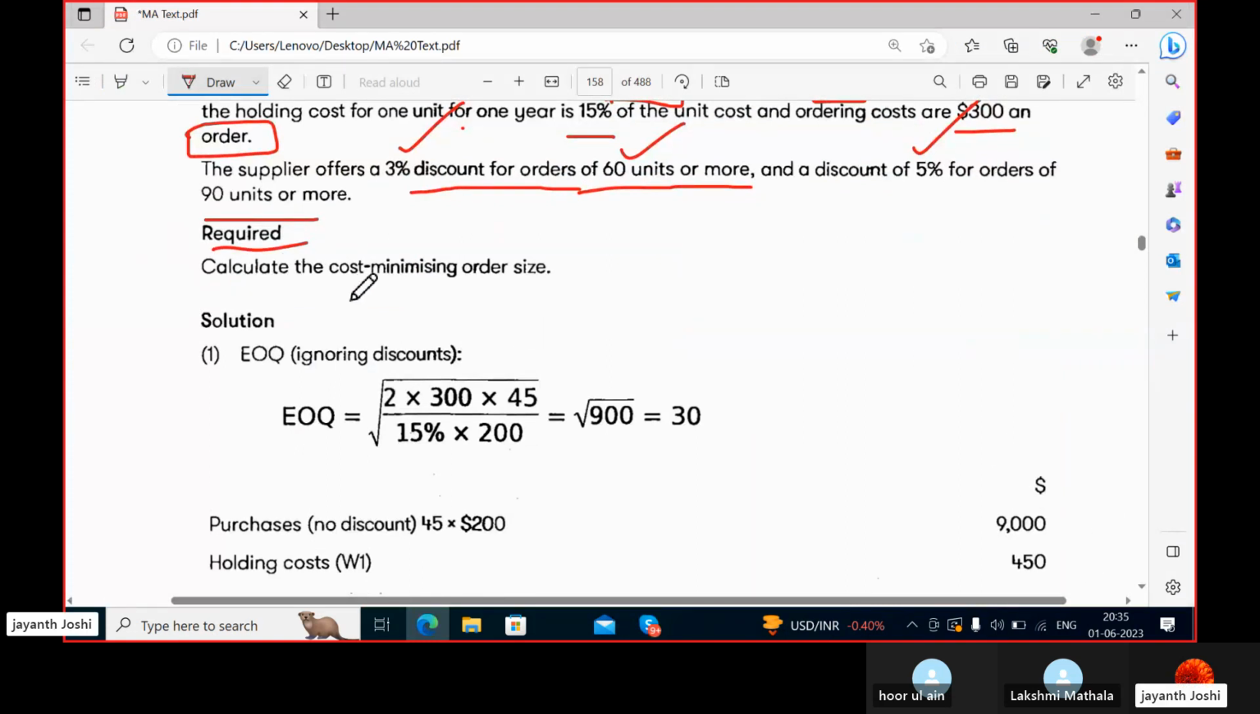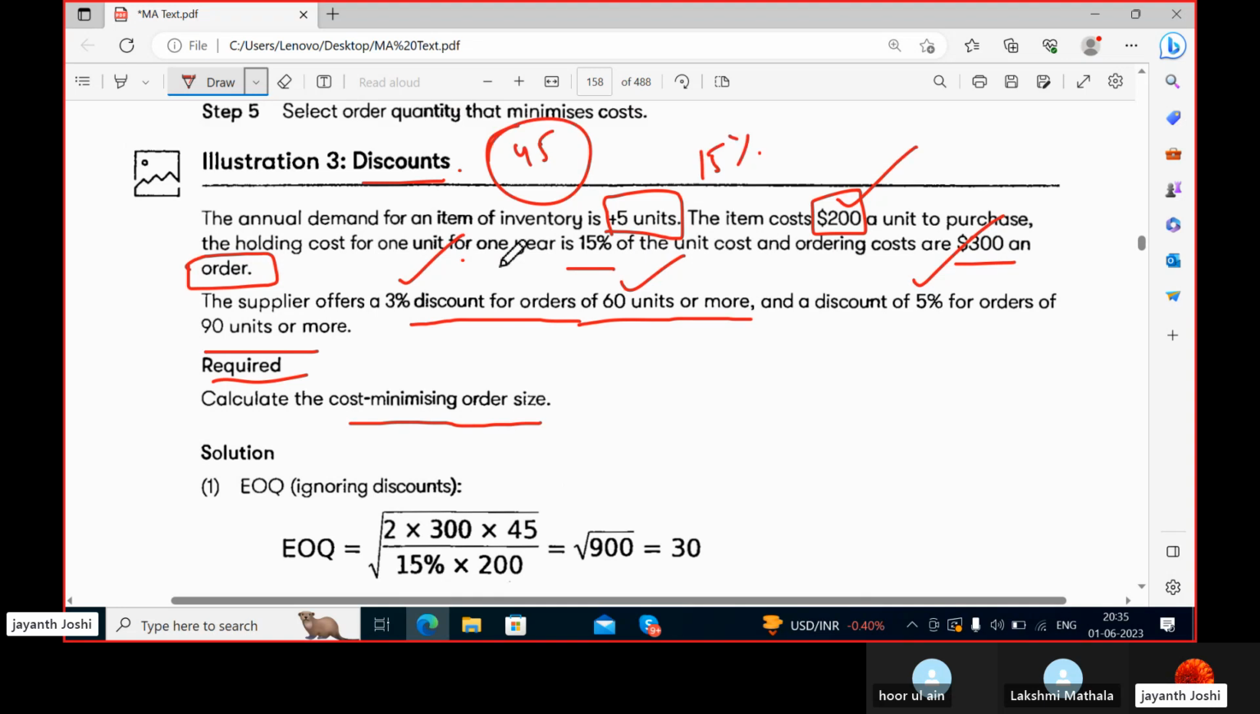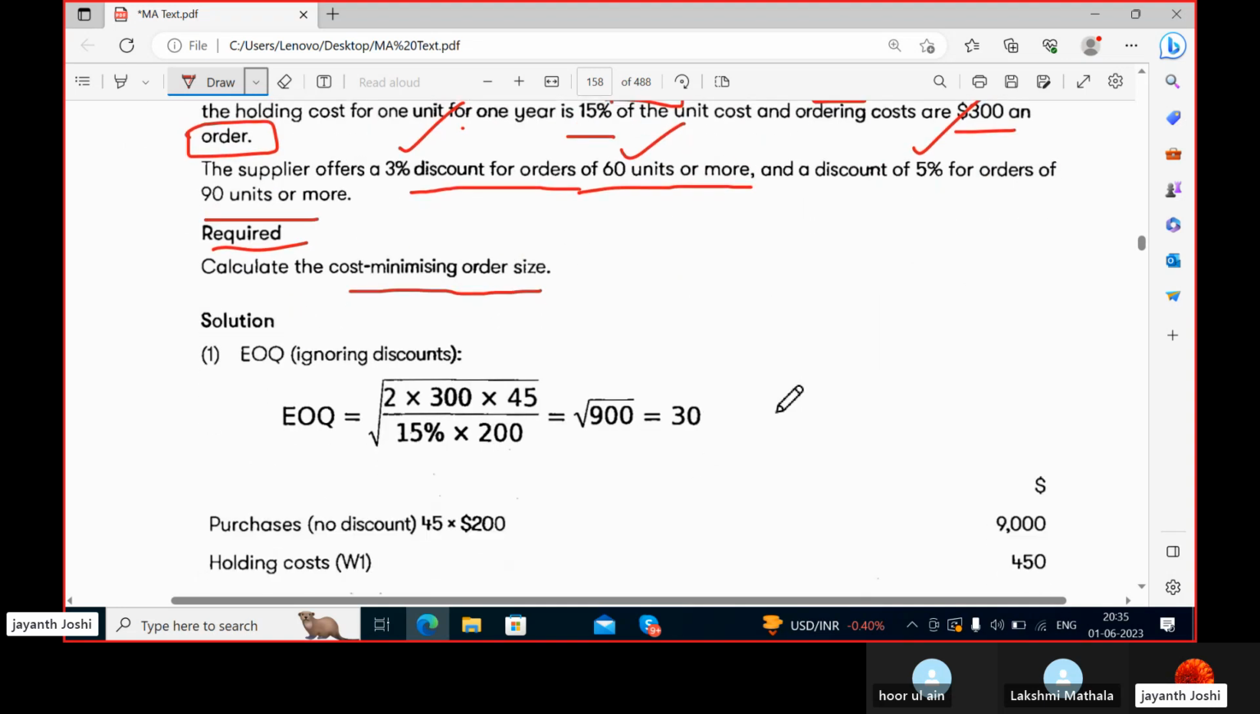Now, required: calculate the cost minimizing order size. That means what is that order size at which your cost will be the least or minimum. Okay, so for such kinds of questions, first and foremost you have to find out the EOQ, and you know the formula of EOQ, under root 2 CO D by CH, whereby CO is ordering cost,